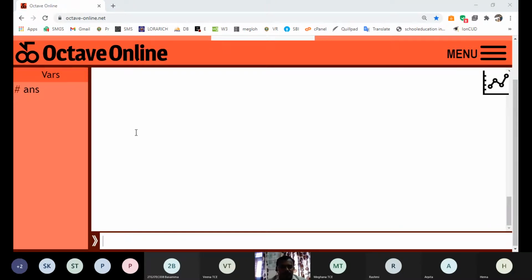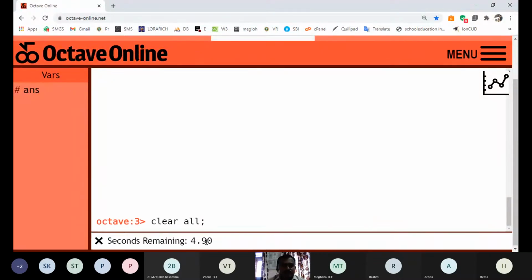CLC clears the screen. Clear all means if the system is performing any background task, it is going to remove all those background tasks. Close all is for closing all the windows.